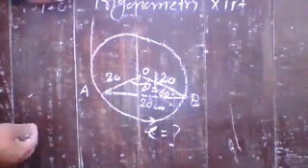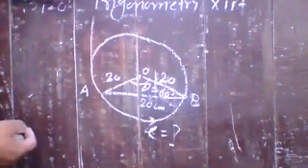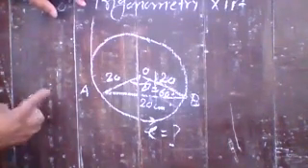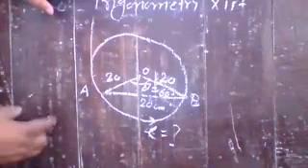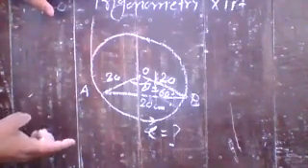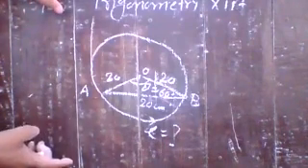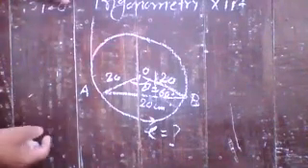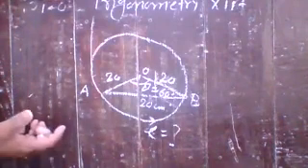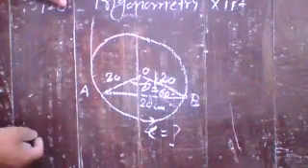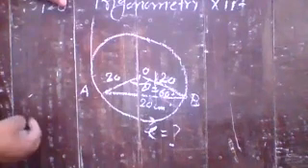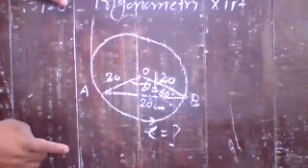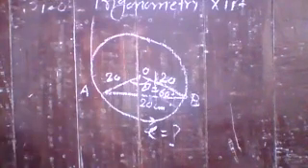If the answer is 20 pi by 3, yes, 20 pi by 3 is your answer, correct? Yes, good. Here you apply the formula, and in the question there is no information about pi, so you have to write it as it is. No need to put the value of pi as 22 by 7, the numericals become complicated. No need to waste time on that. Understand? Only express that in terms of pi. So your answer is 20 pi upon 3. Yes, correct.